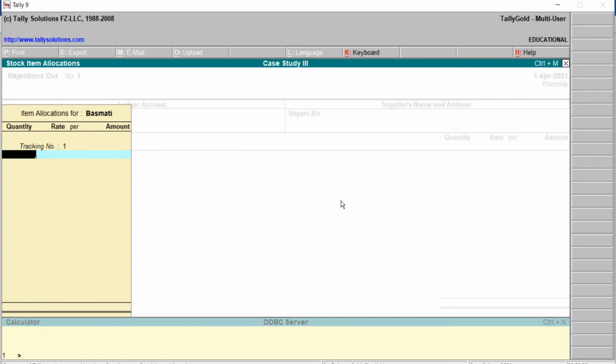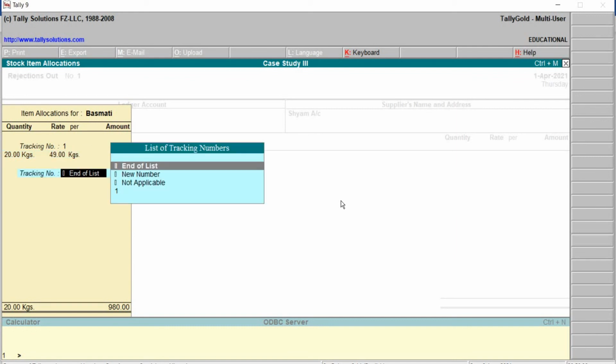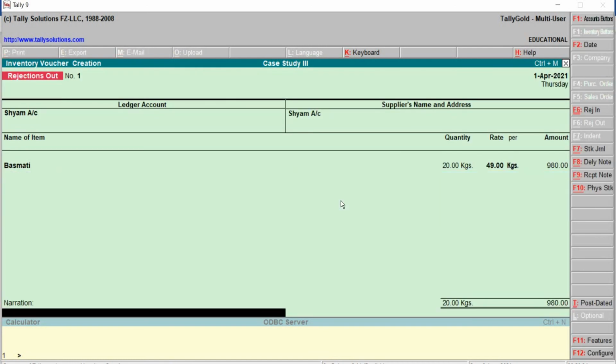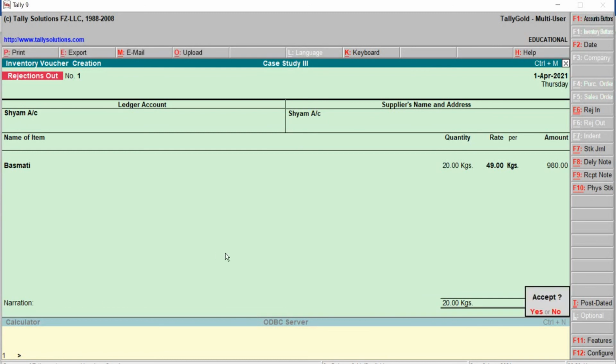The quantity is 20. Rate will come automatically, that is purchase rate. End of the list. Type the narration, state the reason what has happened, then save. Press Y from the keyboard.